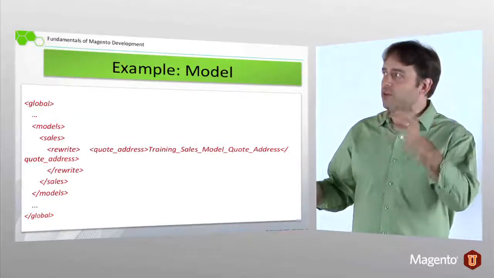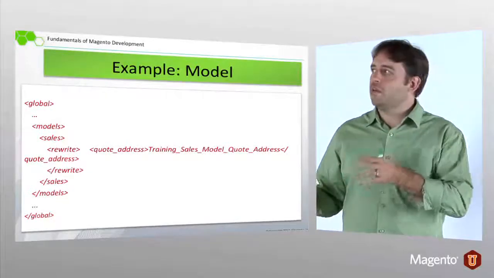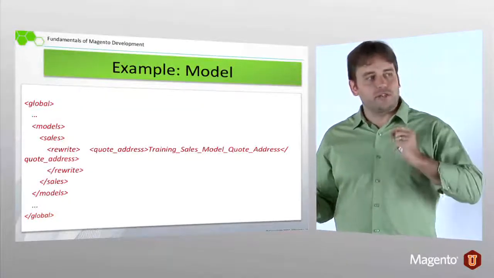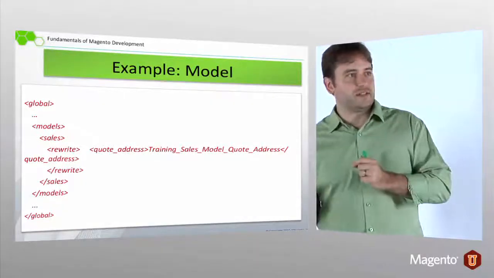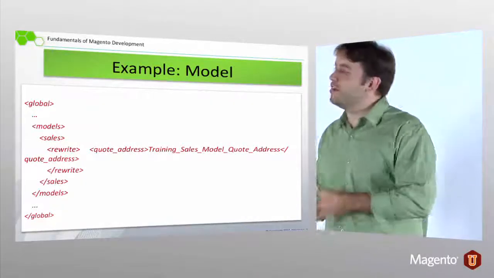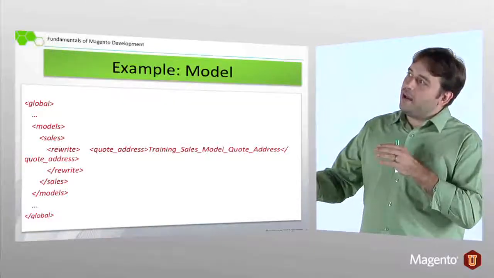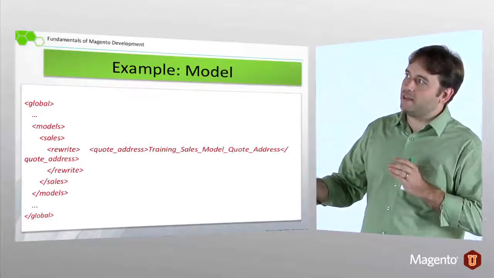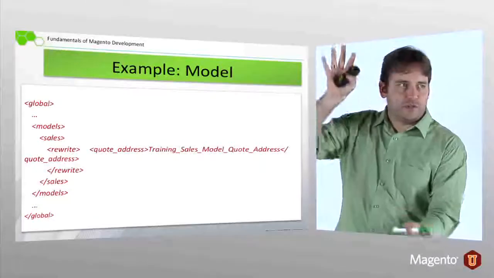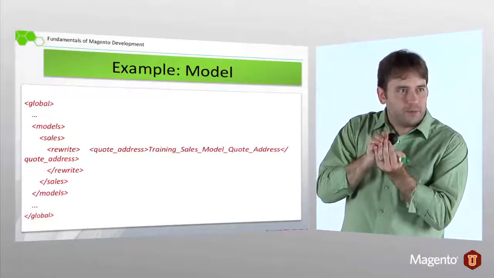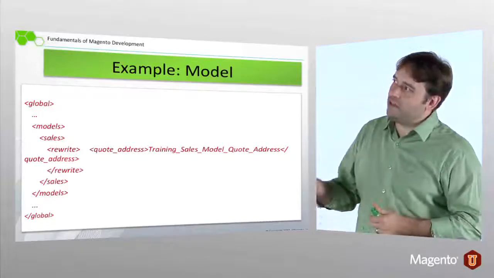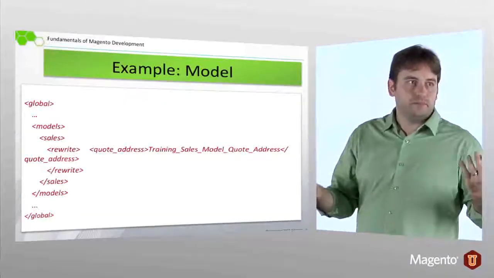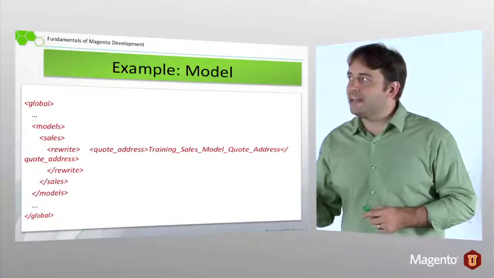You'll see config global models, right? And then inside there, you'll see sales. And inside sales, you'll see class. So if I could write on the screen, I'd love to, but I can't. So imagine, though, that you have this path existing, because remember, all the configuration is loaded together. It's basically loaded into one big DOM structure. So what we have is this XPath has already been set up somewhere else,